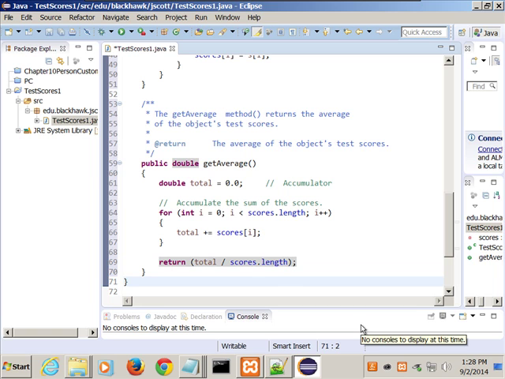And that's it for the TestScores.java. So we just have to write the demo program for it, which I'll do in just a second.